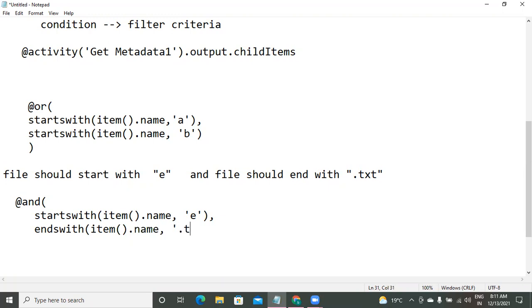Ends with what? Dot txt. You can close it. It doesn't matter how many conditions you are placing. Generally, give the conditions line by line, because then you can easily write the code. Such simple coding is all that is involved in ADF. And if you want to give a third condition,